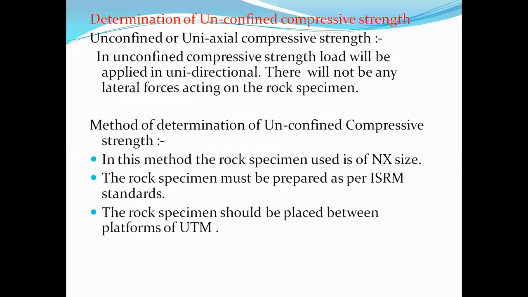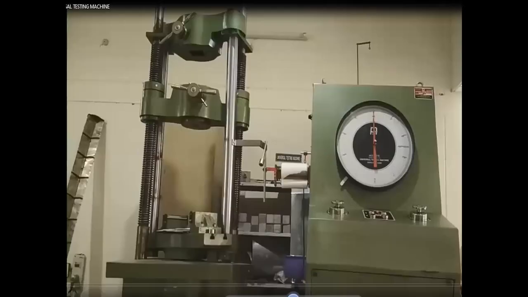That's a brief outline of the UTM. I think I covered the earlier lecture in detail: what the different parts are, how the latest UTM machine looks, and the differences between the old and the new one. Those things I have covered already in the earlier video lectures. Anyone who missed it, please watch the earlier video lectures so that you get to know the functional features of the UTM.